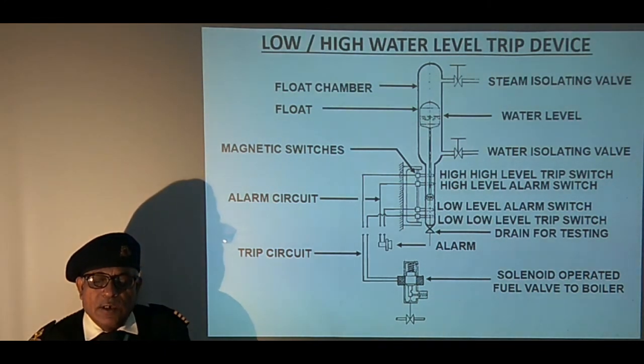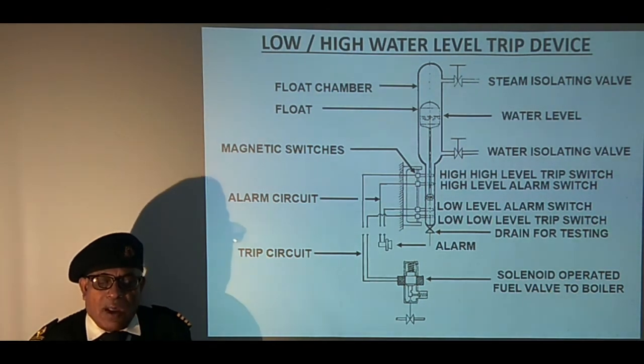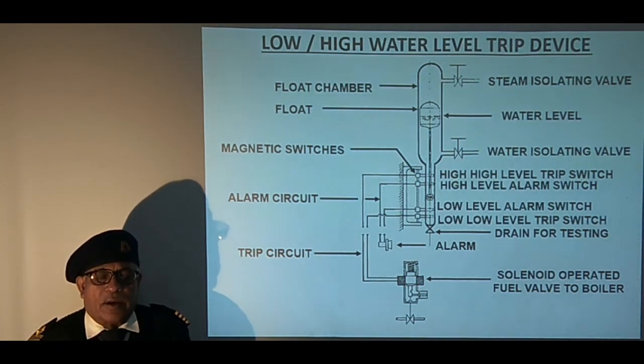The device can be easily tested by closing the steam and water isolating valves and operating the drain. Boiler operation can be quickly resumed after restoring the normal water level.